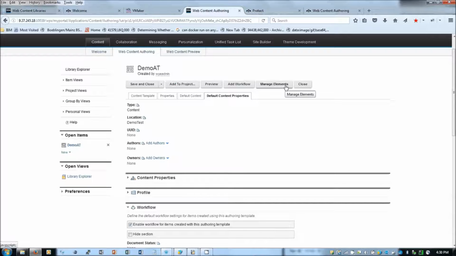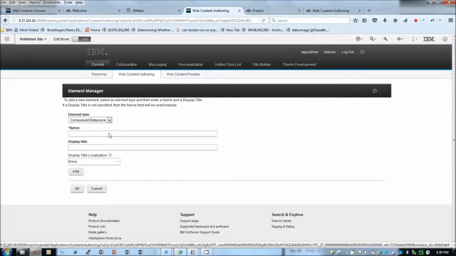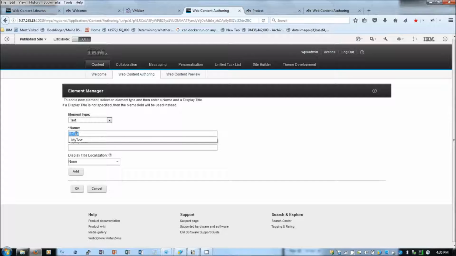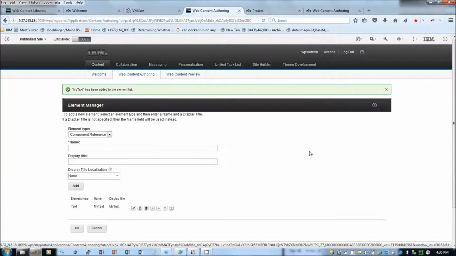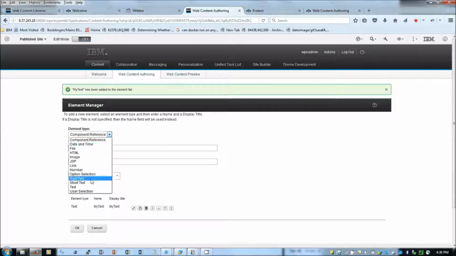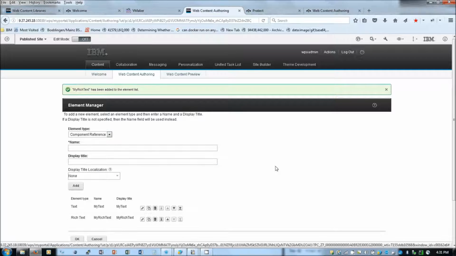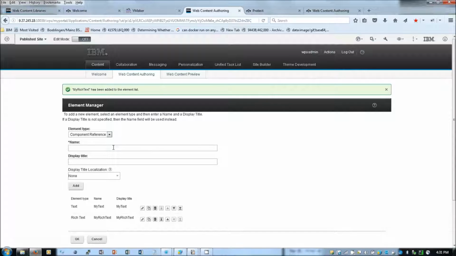Now I am going to define a structure for my web page. I am selecting a text field, and then I am selecting a rich text field, and then I am going to select a component reference.